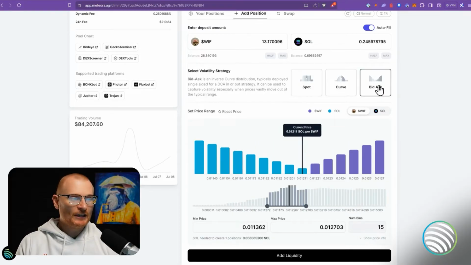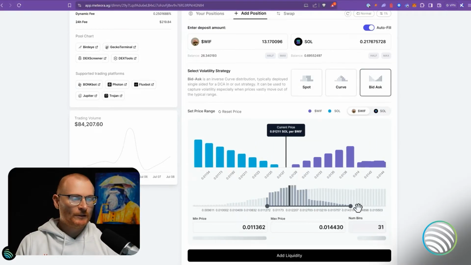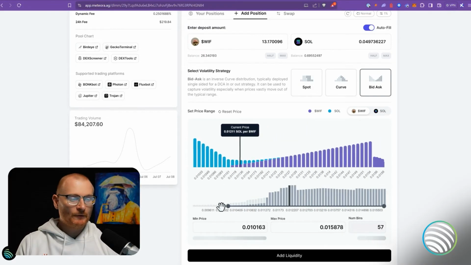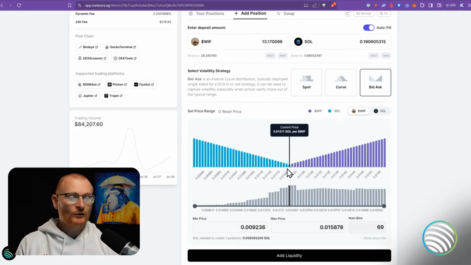Our final option is bid and ask. I'm going to zoom back out to the full number of bins. Bid and ask is a good system. If the price starts to get really low, that's where you start to deploy more Solana to buy more WIF. And if the price gets really high, comparatively to the current price, then you start to sell more of your WIF. Whereas here, you're not doing a lot of buying and selling because you haven't put too much